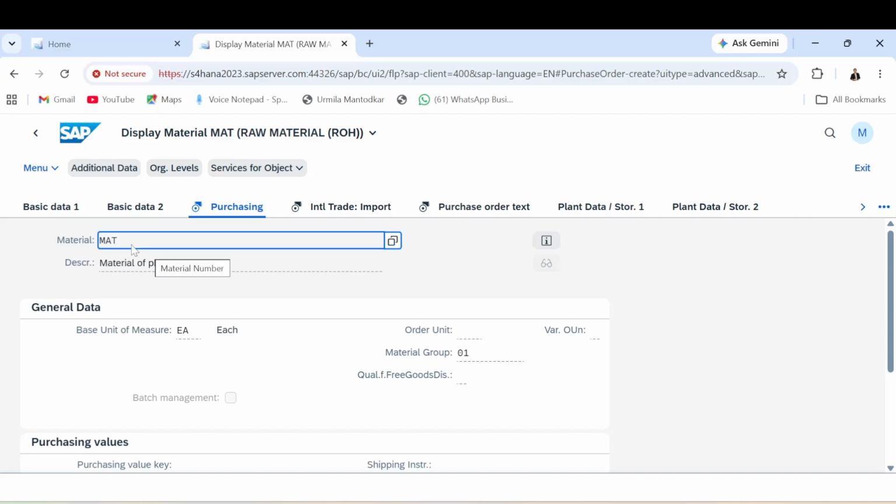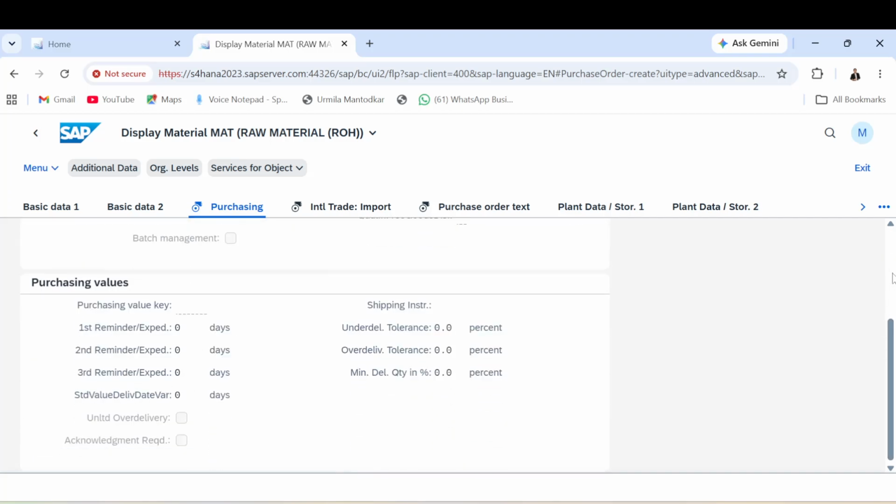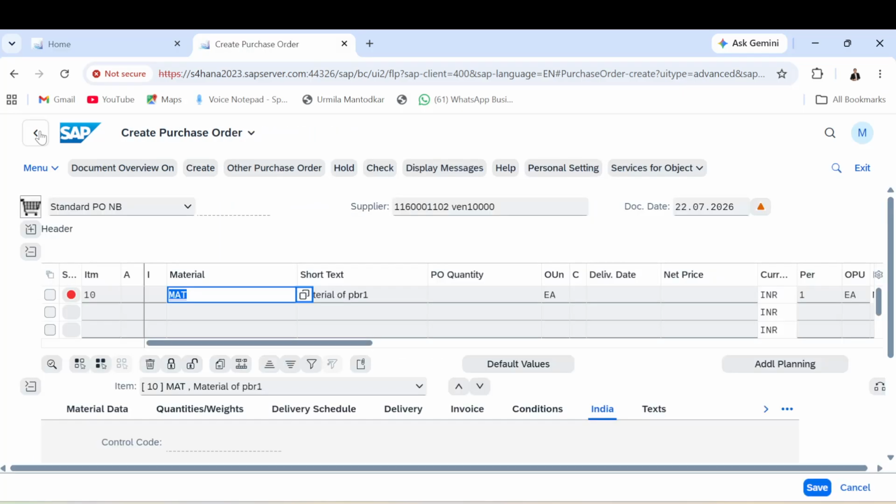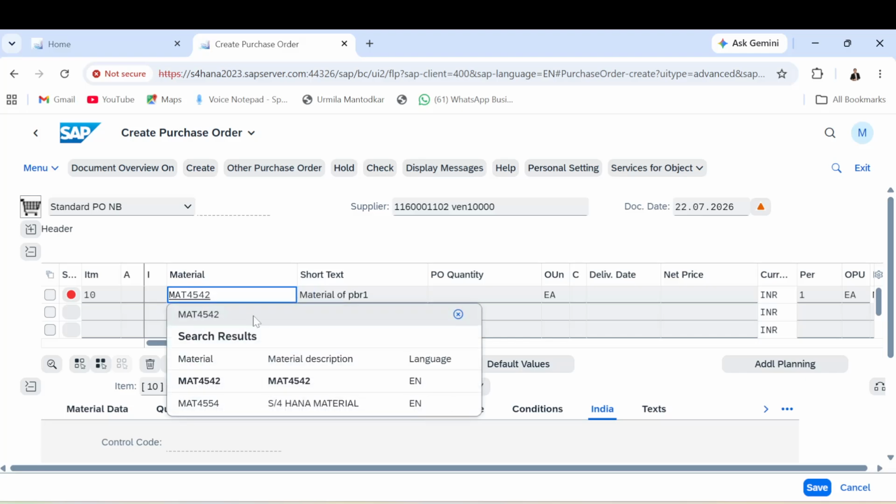Material is mat 4542. It's a little bit lagging. So here it is, mat 4542,